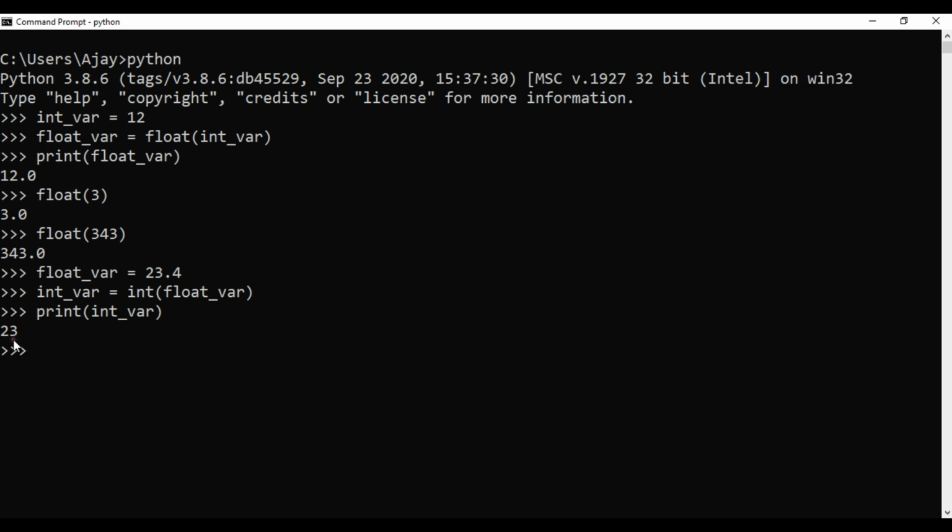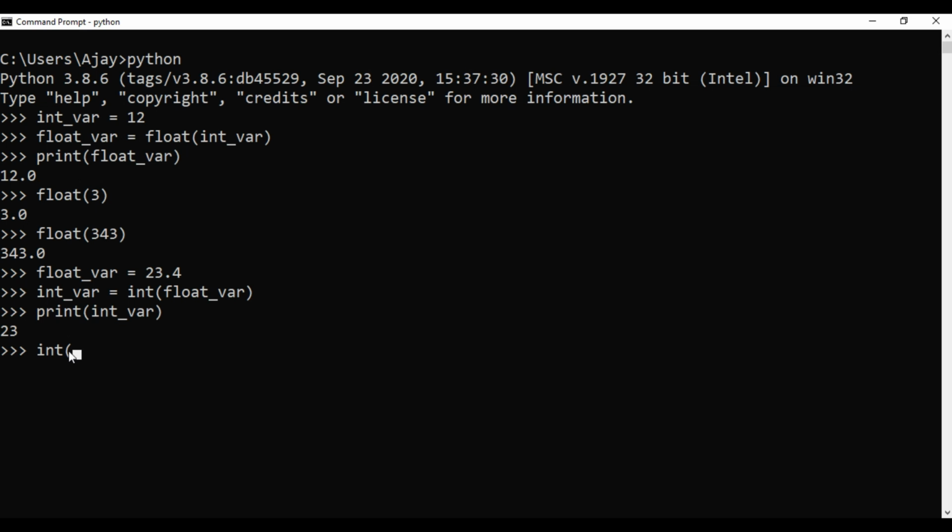So here you see the float number that is 23.4 is converted into 23. Okay, and that is an integer value. So the int function will also help you to convert the float number into an integer number.